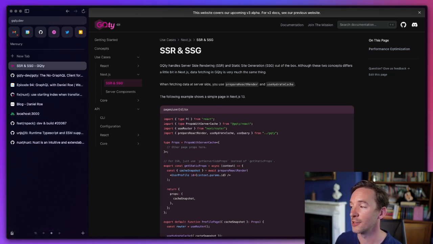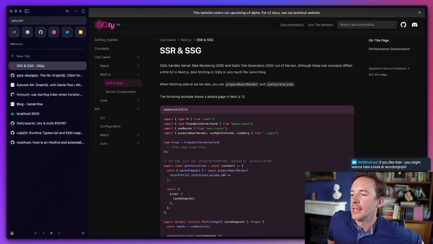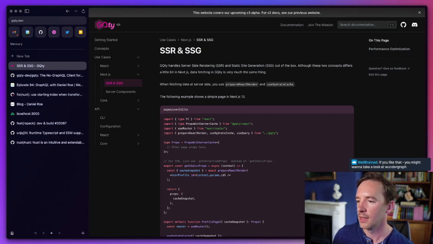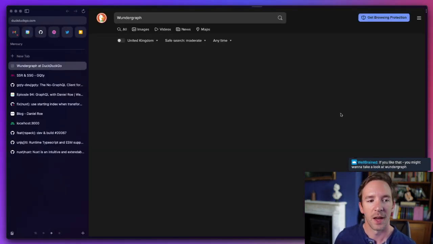I haven't made a decision yet as to what we do next, because there are some people already building some of those integrations, which is... I will check it out.